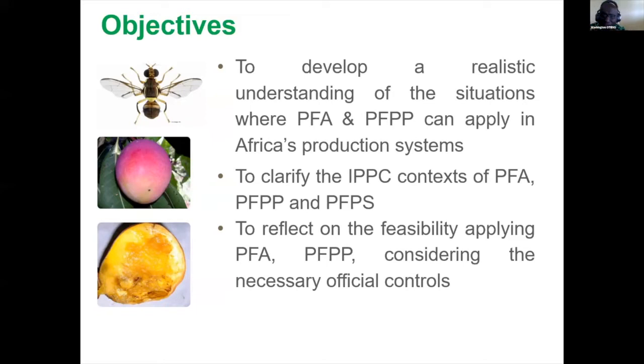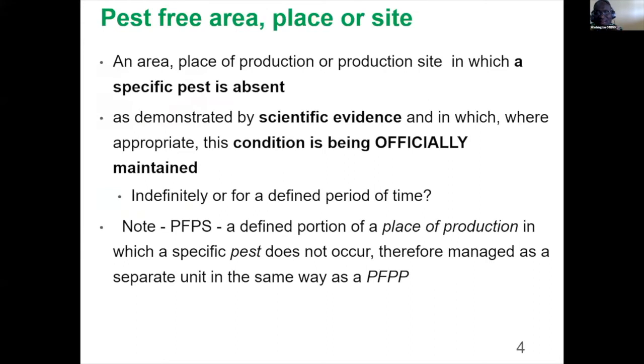The other is that we want to clarify the IPPC context of the 3 and what role this has or expects of the NPPOs and producers. And finally, we really have to reflect on the feasibility, particularly of pest-free area and pest-free place of production, considering the necessary official controls to maintain them. Establishing is one thing, maintaining is another. Remember, for the last bullet, I've left out pest-free production sites because those are, I know, feasible because I see quite a number of them in several African countries. Now,